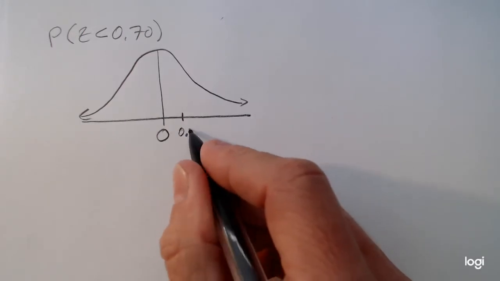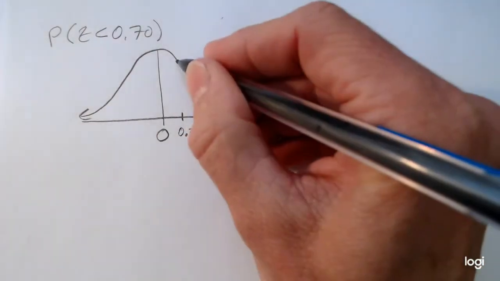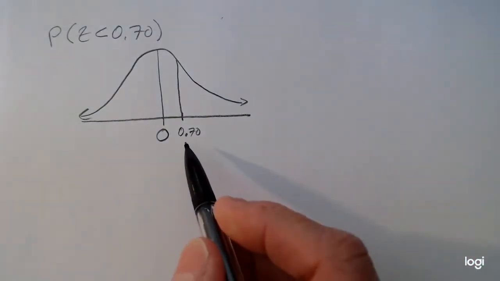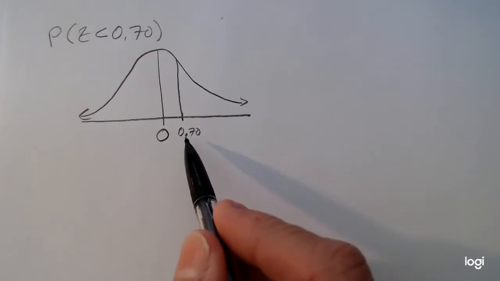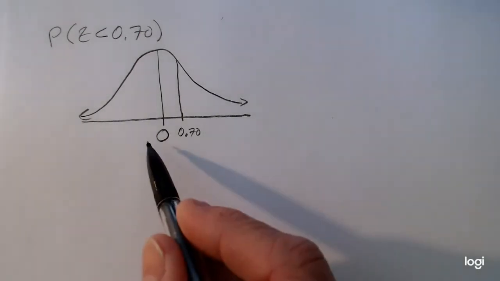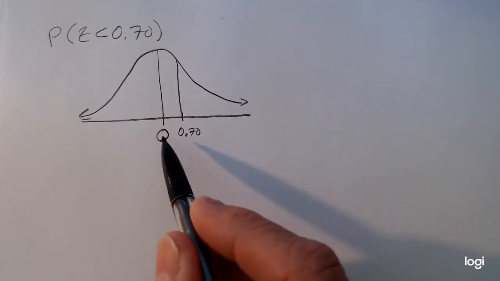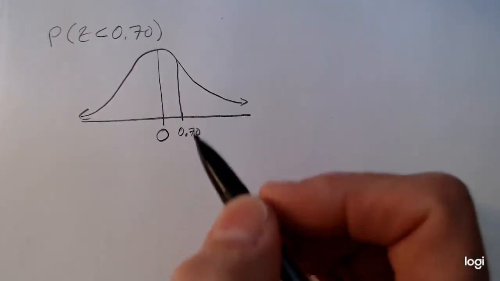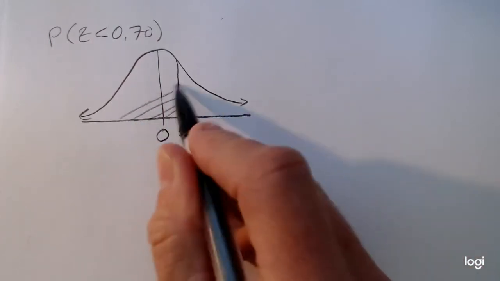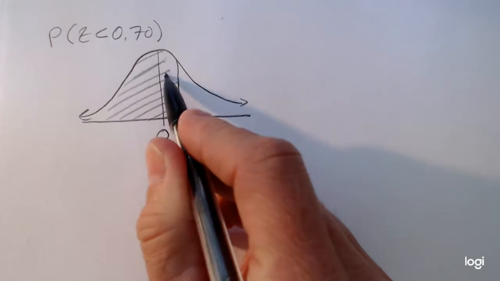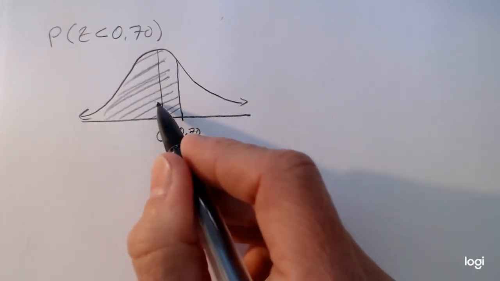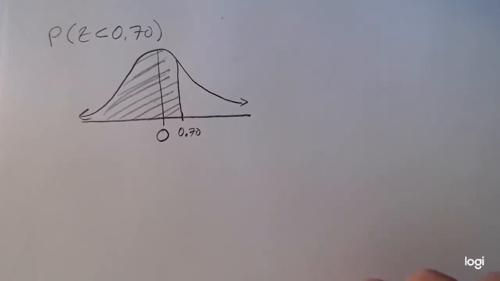Now this is a visual aid. I'm probably not sketching this exactly correct, but the important thing to keep in mind is where is z placed on this horizontal axis? Is it above 0, or below 0, reasonably close to 0, or is it far out in a tail? So this less than indicates that I want to shade to the left. So this shaded part will be the area, which will also be the corresponding probability of getting a z-score less